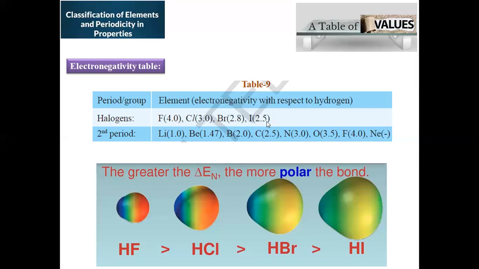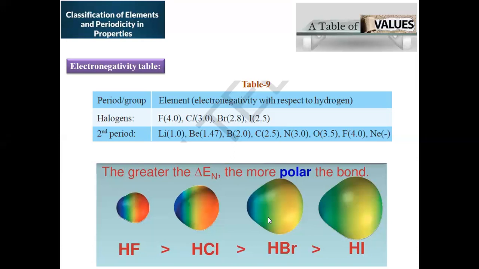In this group, 2.5 electronegativity, that's the reason why. Hydrogen with 2.2. So there is not much difference between the electronegativity values of these two. That's the reason why it is almost a non-polar covalent bond only. That is the trend in electronegativity and consequently polarity of the bond. Higher the electronegativity, greater will be the polarity of the bond.